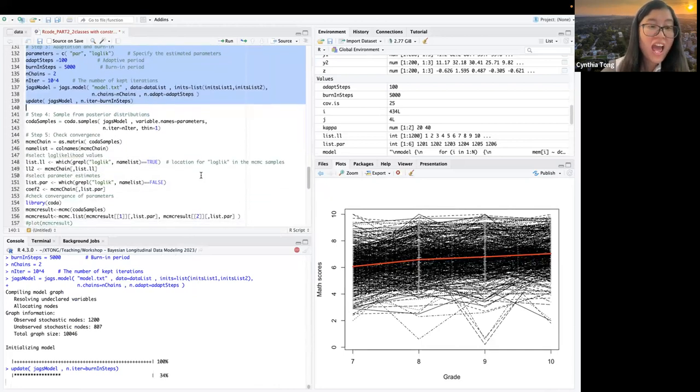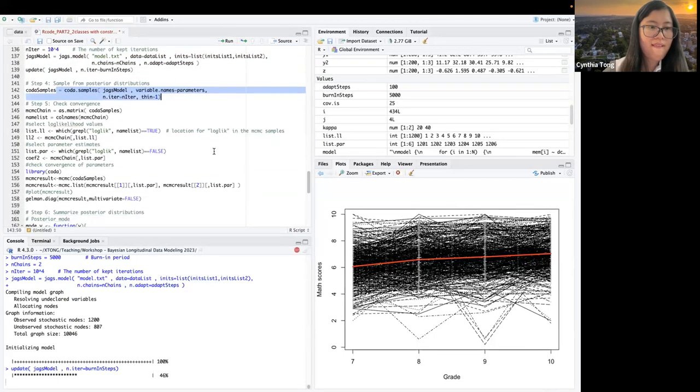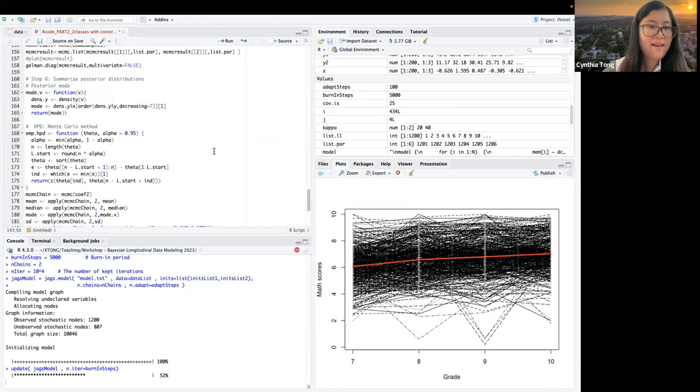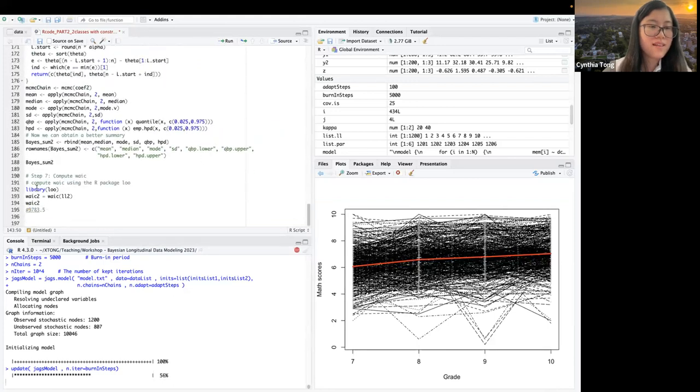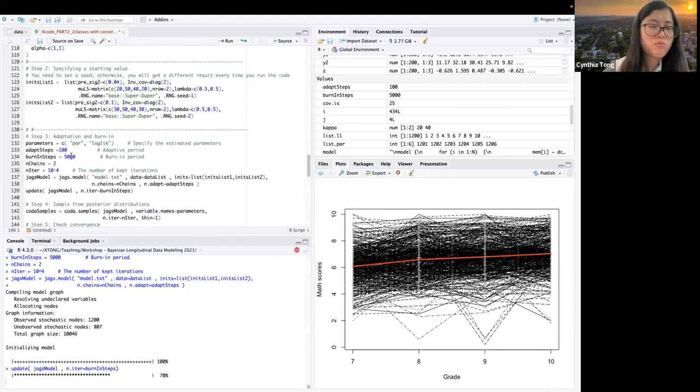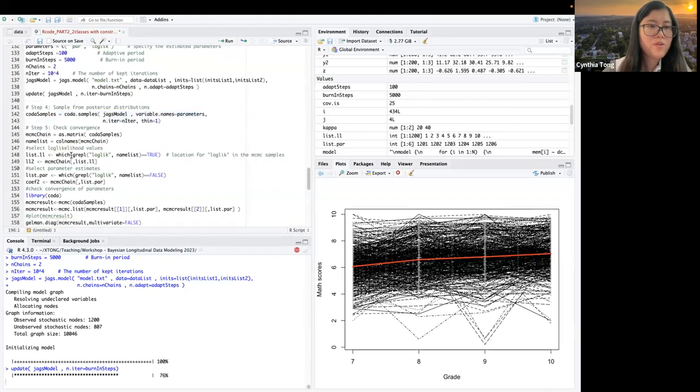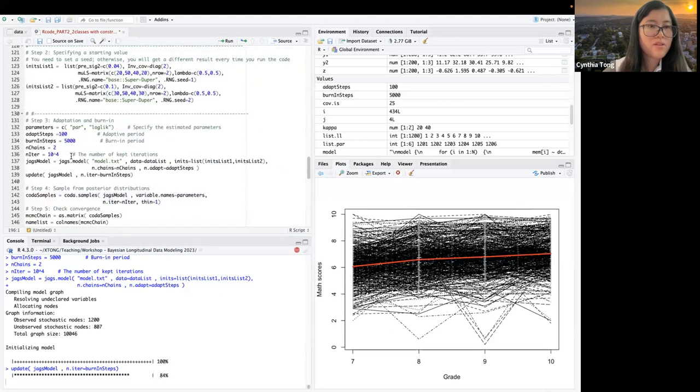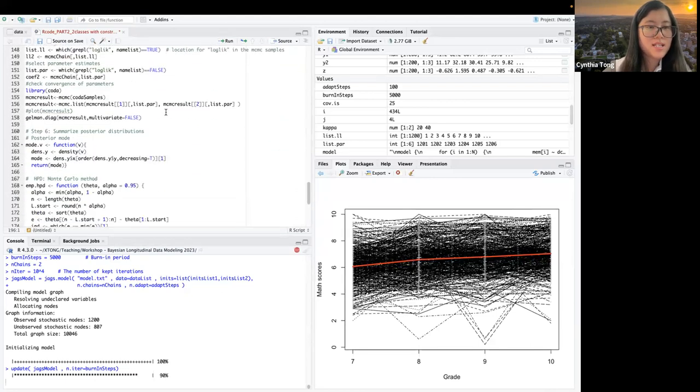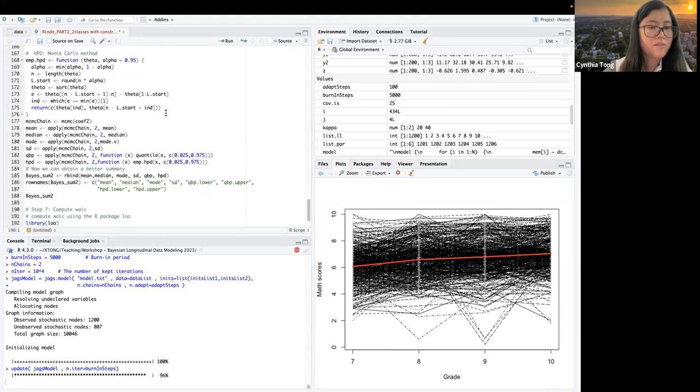After that, we still need to run the CODA samples, and then summarize the results and get the WAIC values like this. So all this code is ready to run. You can definitely run it after the workshop, and I welcome any kind of questions.